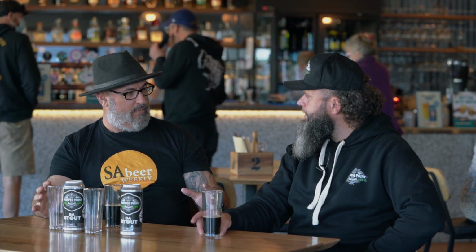So the everyday punter. Obviously, once you're on the show, people want to know where to get your beers from. Where will they get the milk stout from? Obviously, it's not a massive range that you're doing of them. And how many are you making? It's pretty limited at this stage. This was brewed for the Beer and Barbecue Festival that was cancelled. Normally it's released in winter because it will be sitting in the barrels. So there's not much of this left, but there's still some across the road at